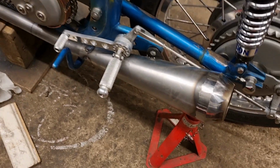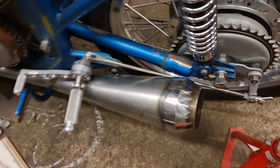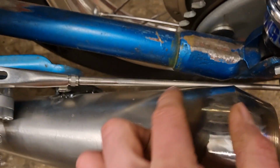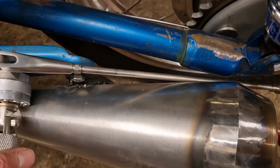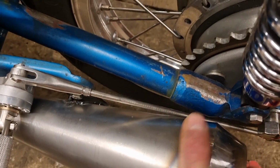So that's tacked on. That's in place now. That's sat there nicely. Tricky bit was to leave a gap. You can only just see it. It might want pulling away a little tiny bit. There's a tiny gap between that and that brake rod. So the brake rod will just go past it without touching it, which has been one of the tricky parts. That probably does want just pulling out a little tiny bit. And then it wants...